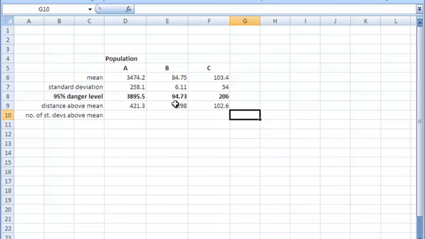In population B it's 9 above the mean, from there up to there. And in C it's 102 above the mean. So still not a great deal of pattern there really. They're all different distances above the mean. Now the key step though comes with the next one, where instead of saying how many units are you above the mean,